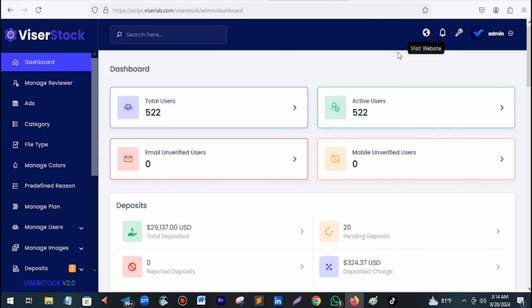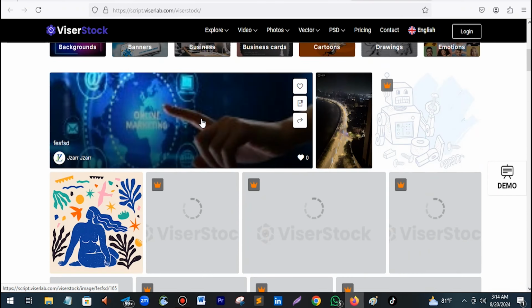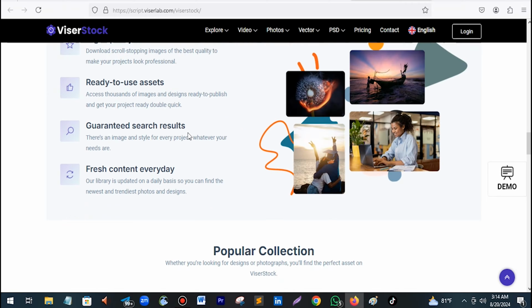Vicestock is designed to be scalable, secure, and user-friendly, providing all the essential tools to launch and manage a successful